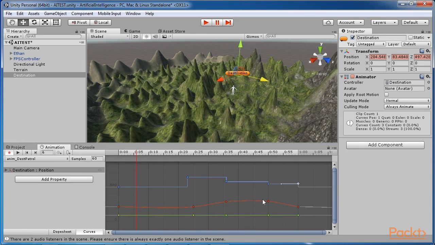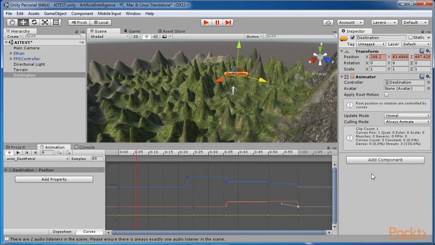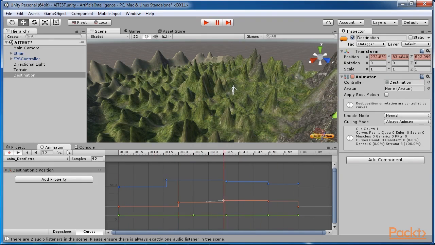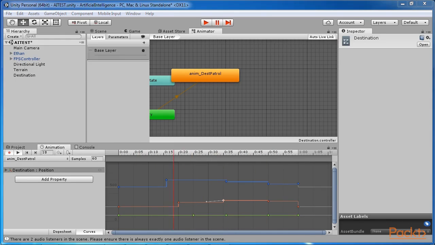When the constant option is chosen from the menu, the curves between the keyframes will look very different in the graph, a straight line joining them. Now test this by pressing play on the toolbar. When you do this, the destination should jump between waypoints as the animation progresses, and the NPC will continually move and travel toward the destination. Due to the default speed of the animation, the NPC may seem confused or crazed as he is torn between rapidly changing destinations. To fix this, select the destination object in the hierarchy panel, and from the object inspector, double-click